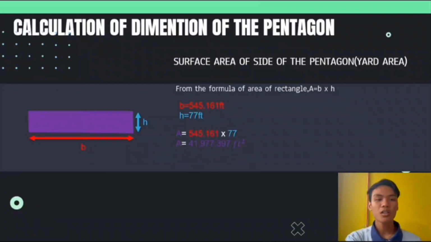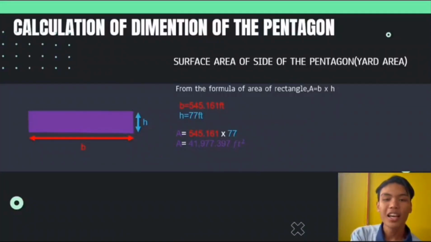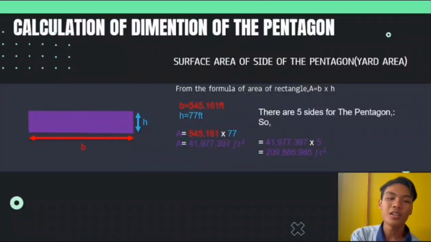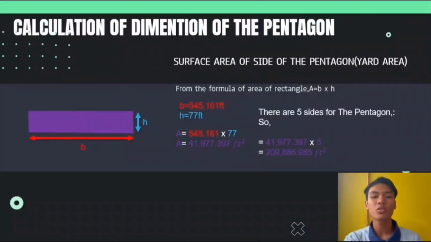So for one side inside the yard area is 41,977.397 feet square, and same with the last one, it has 5 sides, so multiplied by 5, the total surface area inside the pentagon, which is the yard area, is